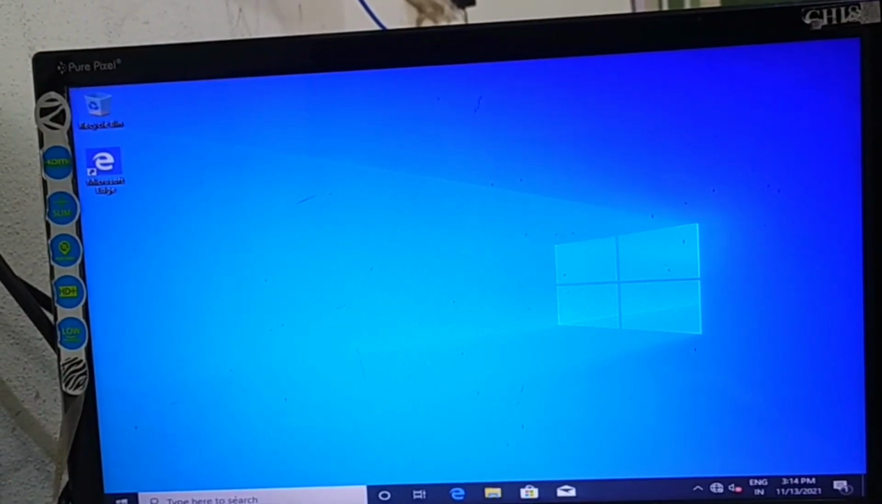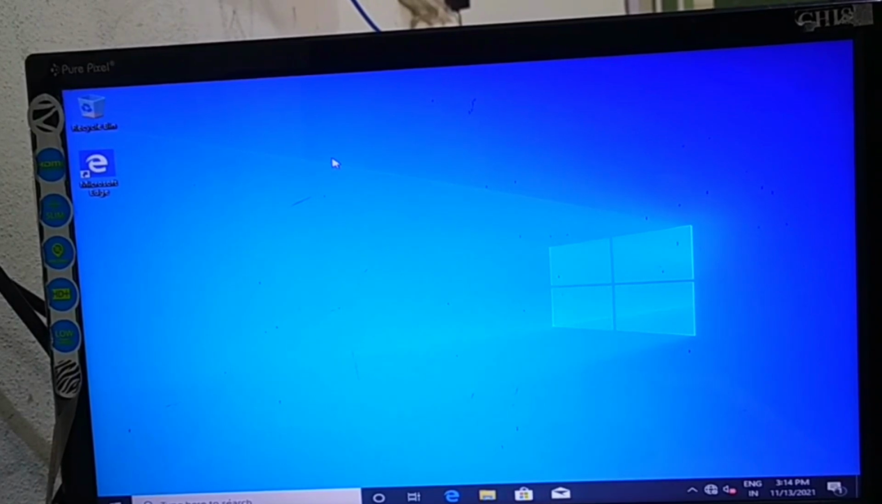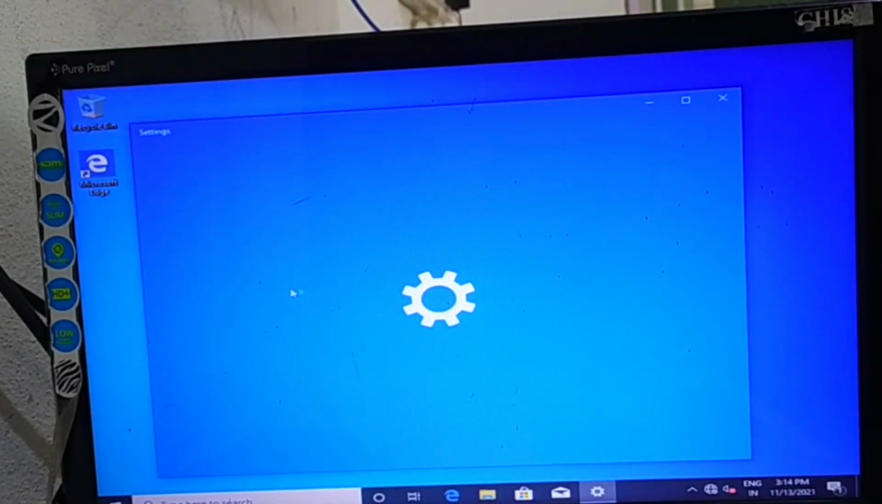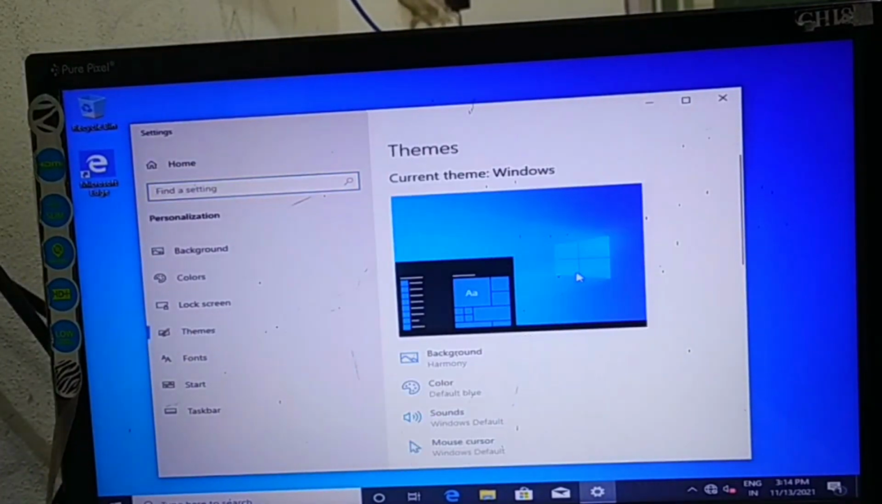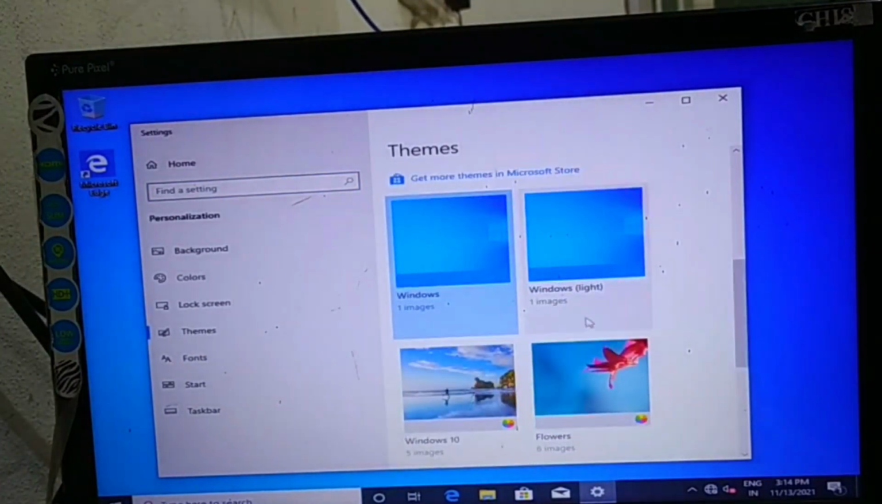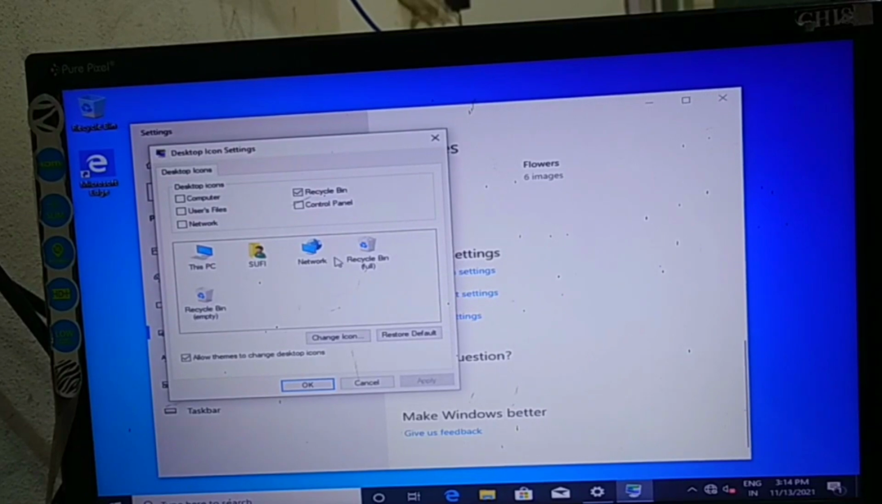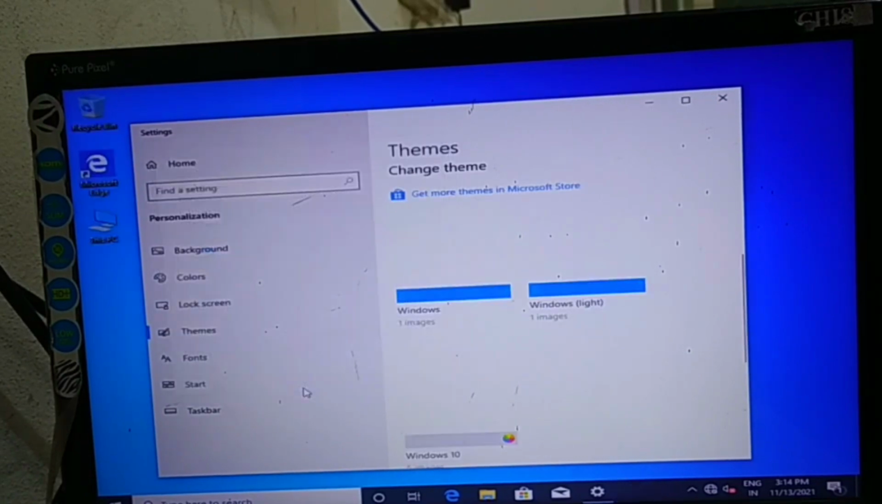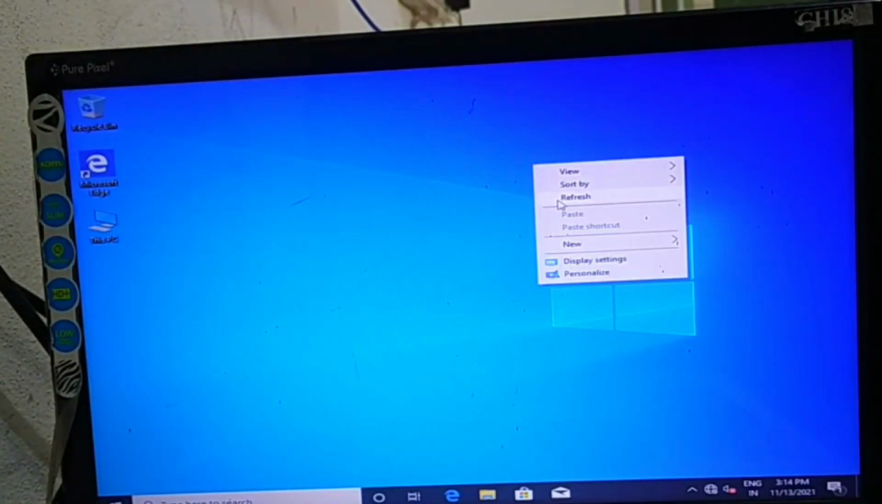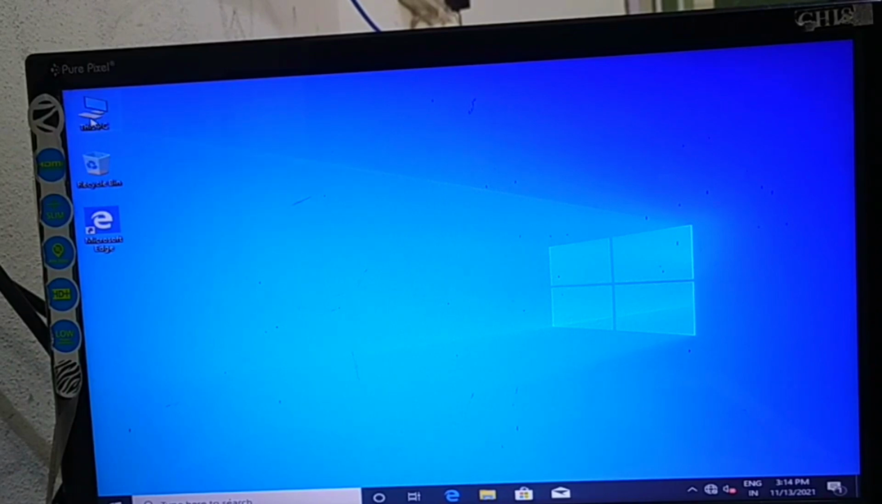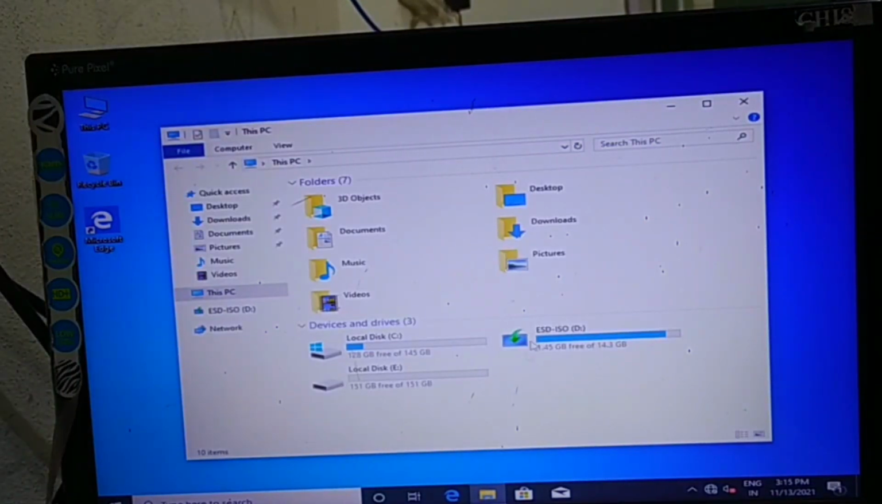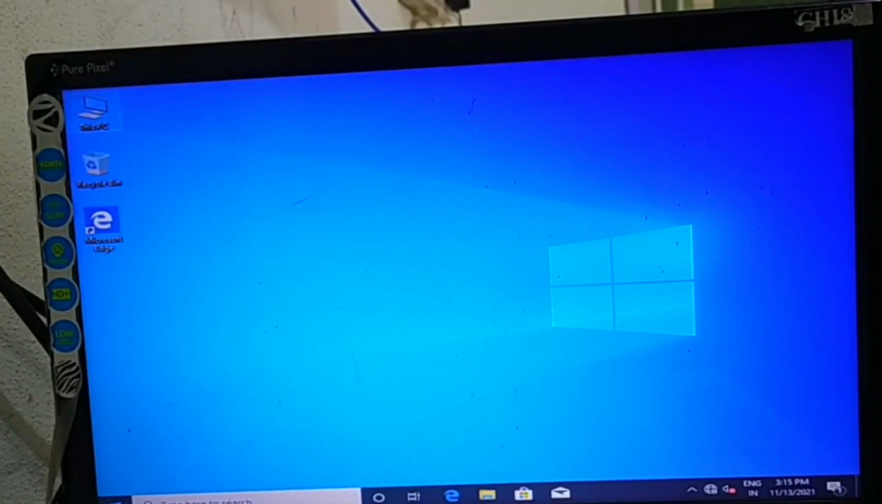Now your Windows is ready to serve. Here is the icon you can see. You can refresh, you can change settings. Most people don't know how to put the This PC icon on the desktop, so go to themes. In that you can find desktop icon settings. There you can select This PC and press OK. You will get the icon of